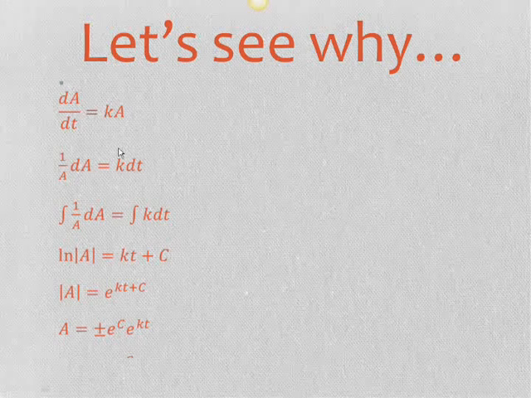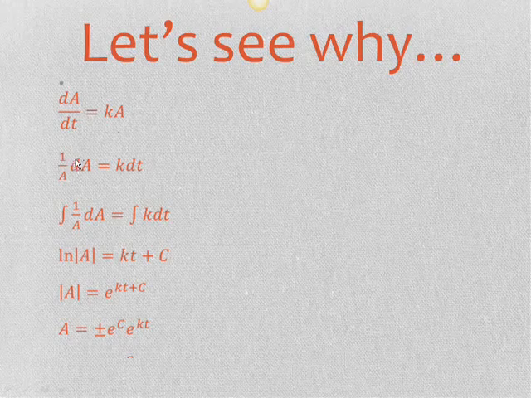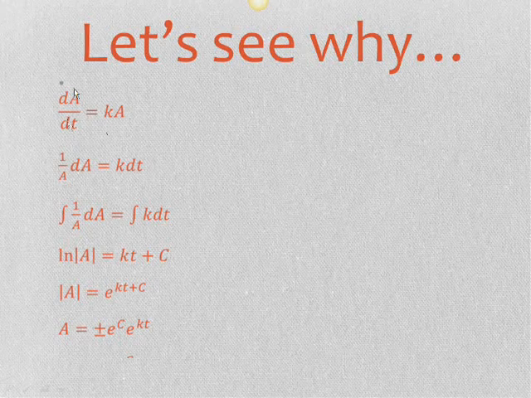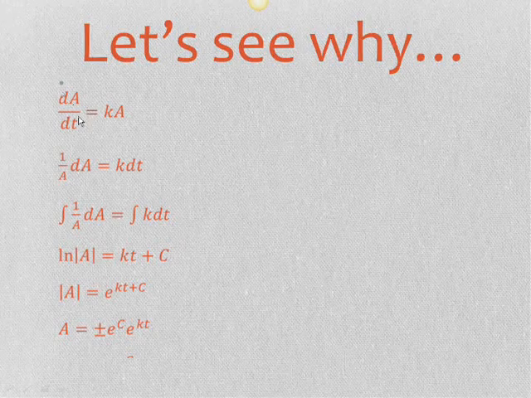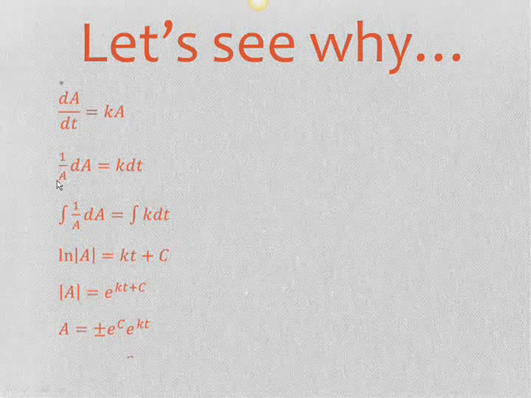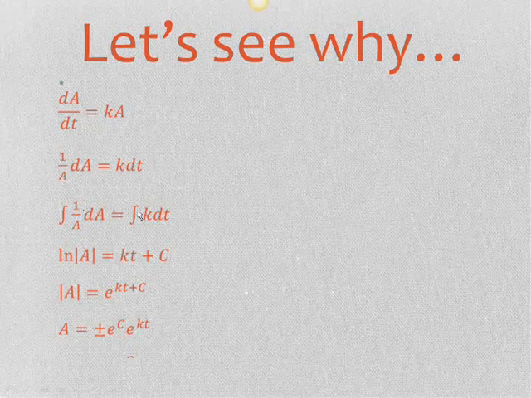So dA/dt is equal to kA, or rA in the past. So I send my dt to the other side. I divide off my big A, so I have my A and dA together, and my t's and dt's together on the other side. So I have 1 over A dA is equal to k dt, and when I now integrate both sides,